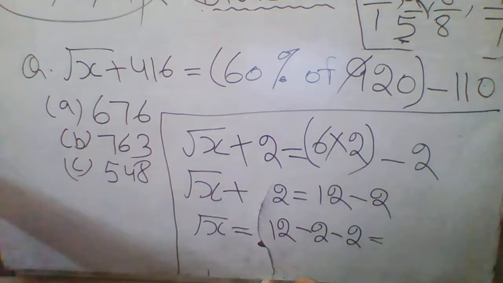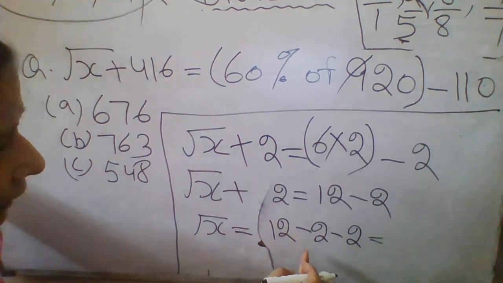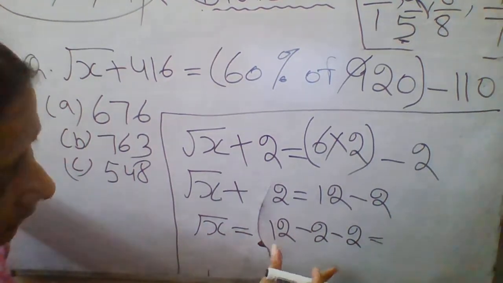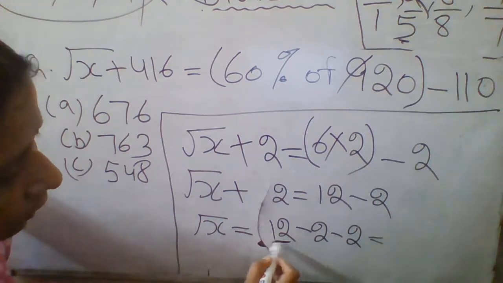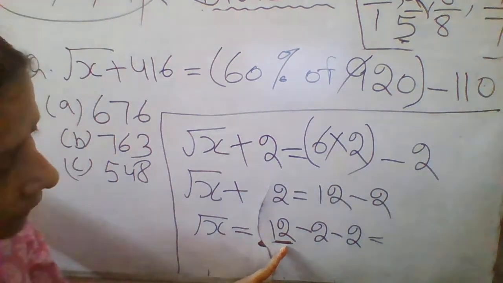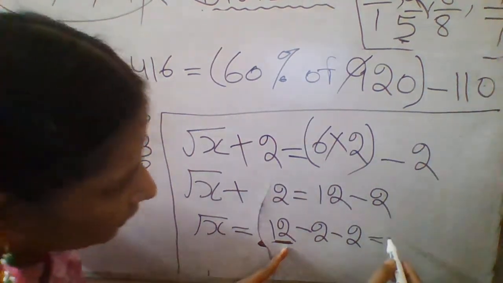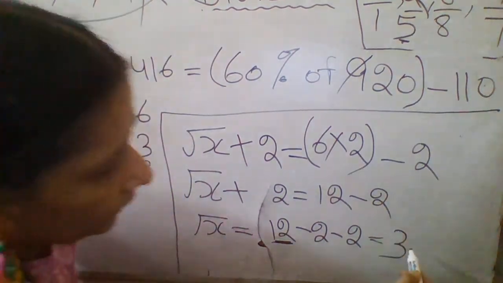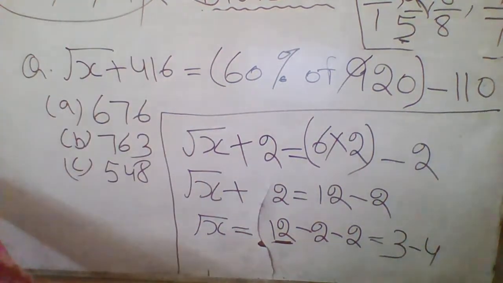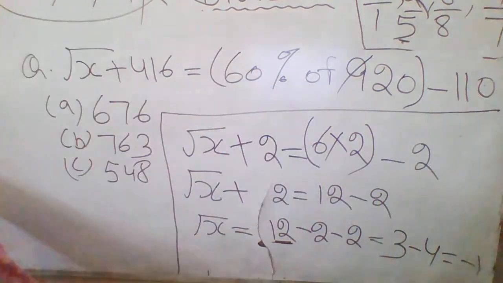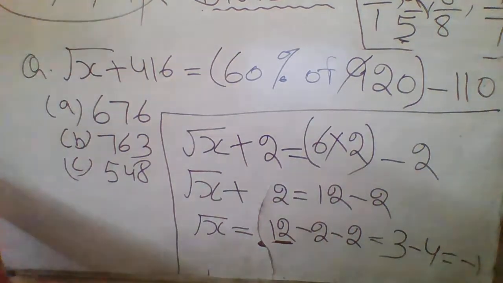Which is equals to, now as you can see how I have to do this, 12 minus 4, but I will take the digital root here. So 12, what will I do with this 12? I will write down this 3. I will take the digital root of 12. Digital root of 12 is equals to 3. Okay, 3 minus 4, which is equals to minus 1. So I got this minus 1.